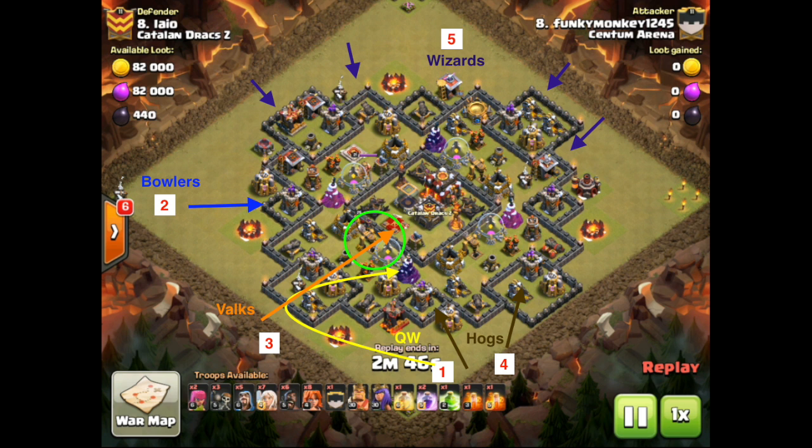I've numbered the stages here, 5 full stages of attack. First of all, the Queen Walk, starting from the south, is going to clear out some of those outside buildings, help create the funnel, and then enter the base where the Valks will be heading in later. But before I get to that, there'll be a clan castle of bowlers going in to again help create the funnel, help to clear out that part of the ring as well,